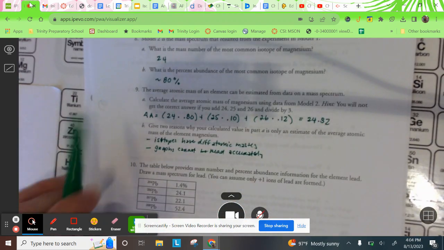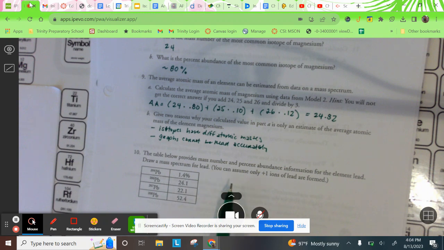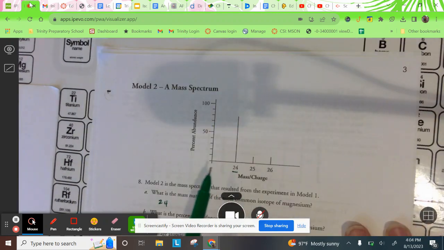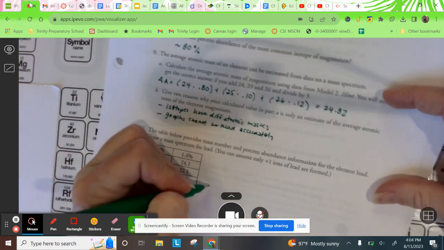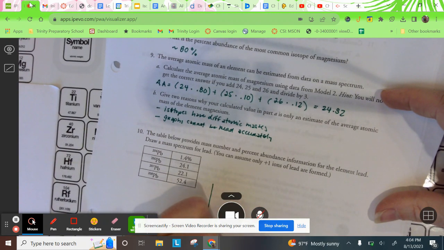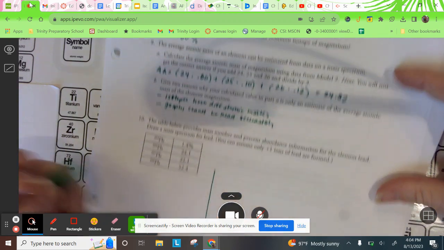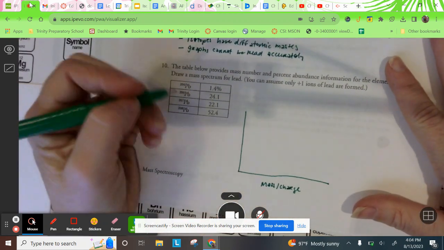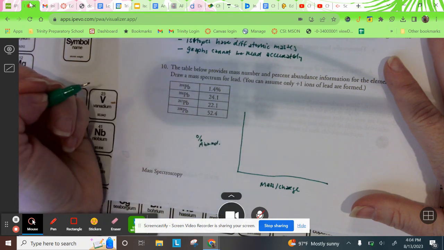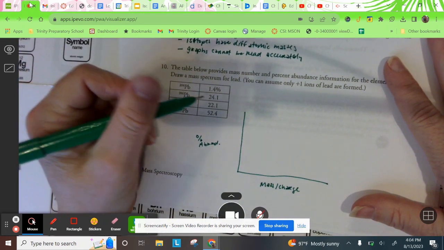Okay. All right. The table below provides the mass number and percent abundance information of each element of lead. Draw a mass spectrum for lead. So this is literally, they just want you to make a version of this table with these guys right here. So go ahead and pause it, and you can make your graph. So you can have mass, charge, like that. You're going to have your percent abundance,